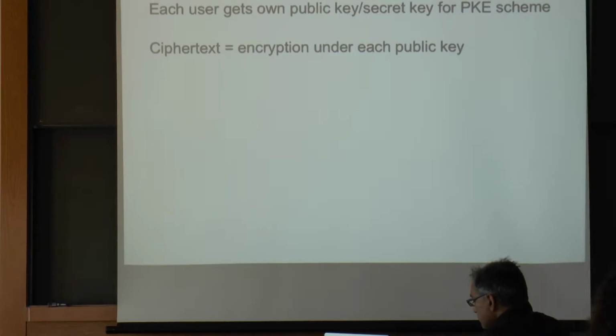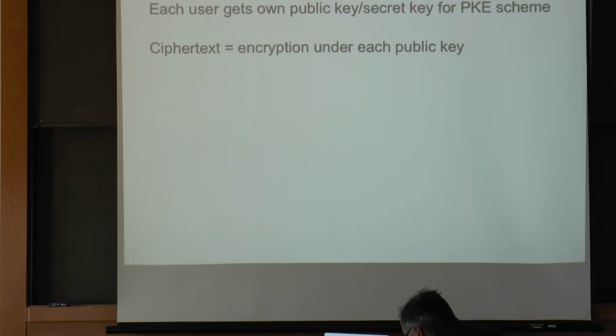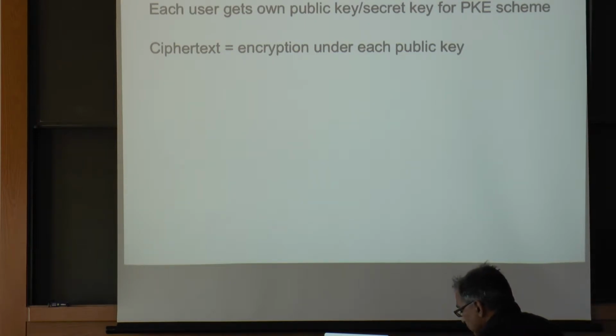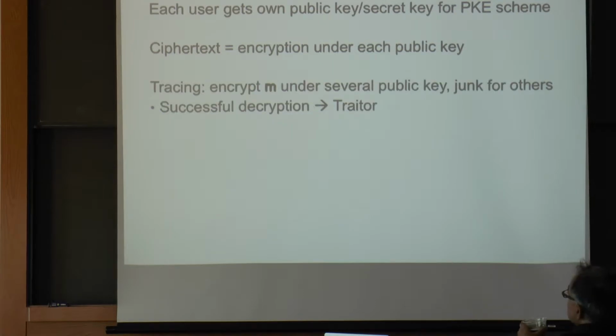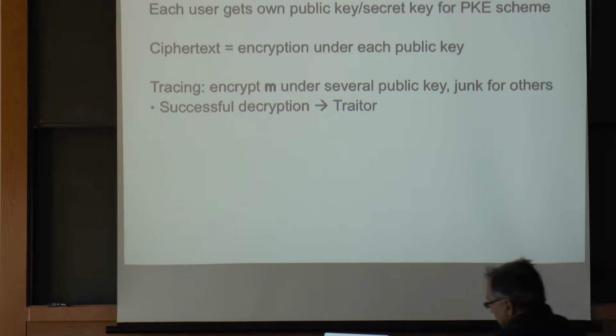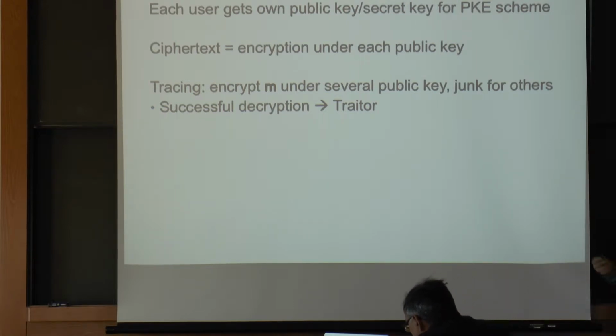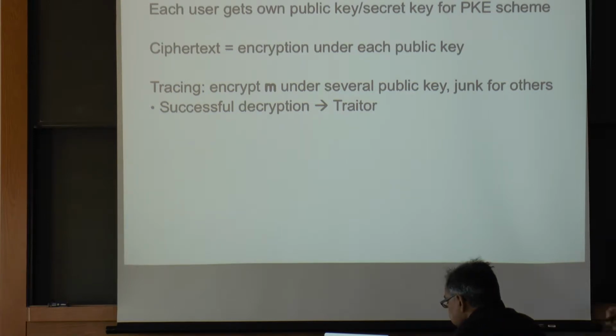Okay, so as we were talking about before, there's actually a trivial traitor tracing system where for every user, there's a separate secret key for that user, and in the public key setting, a separate public key as well. And the ciphertext is just an encryption of the message under every single one of the keys. Tracing is actually very simple. We construct ciphertexts that have M encrypted under some of the keys and garbage under the others, and just see if the box decrypts. And it's not too difficult to create an efficient tracing algorithm from this.